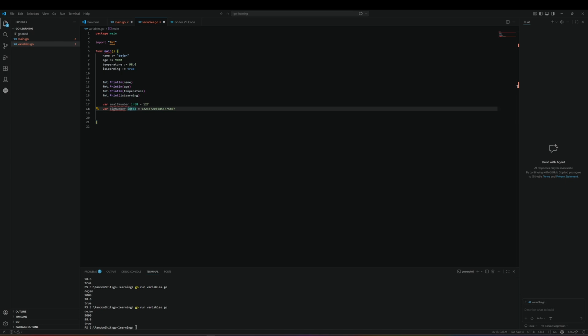Now you can also do constants in Go, so you can